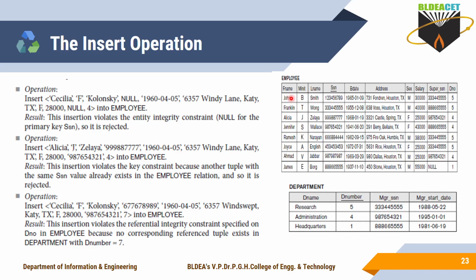And one more thing: if your attribute is of type string, then the values you have to insert inside quotes. So the name of the employee is inserted inside quotes. Fname, middle initial and lname are inserted inside quotes because they are of string type. In the same way, dnumber is of integer type.